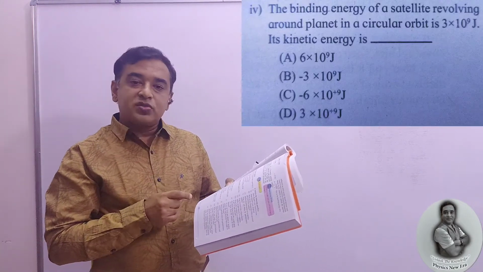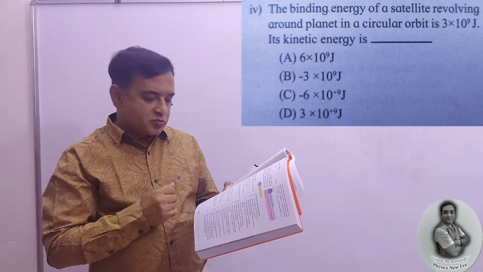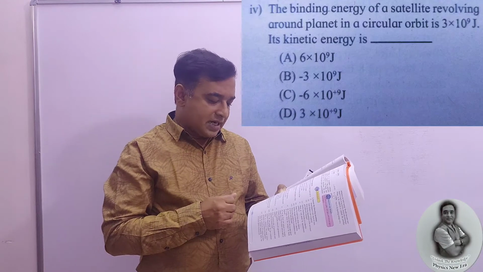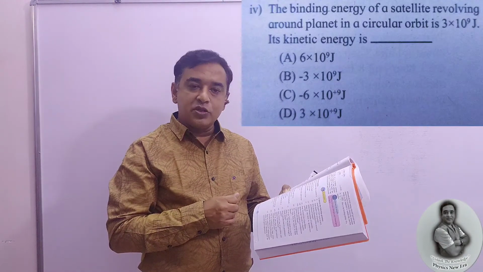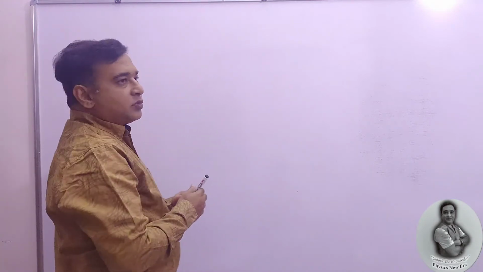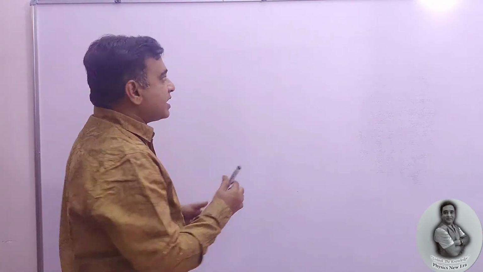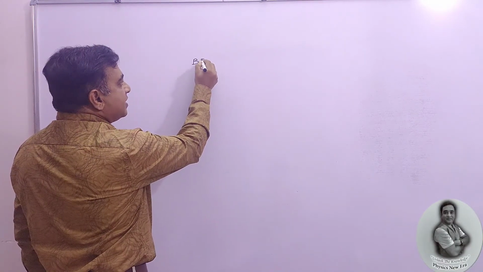B, minus 3 into 10 raised to power 9 joule. C, minus 6 into 10 raised to power 9 joule. And D option, that is last, 3 into 10 raised to power 9 joule. So what is the answer that we are going to write here? For that one, we need one formula, that is the binding energy formula. Binding energy is equal to